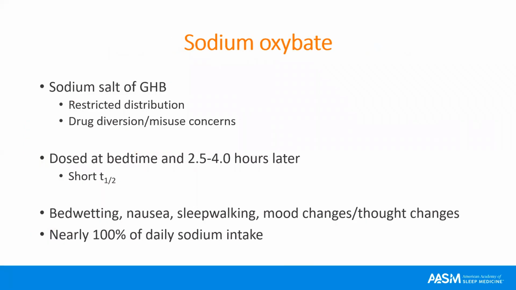Sodium oxybate is a sodium salt of GHB, and so it's distributed through a restricted distribution program to try to keep supply tight. You can't go to CVS and pick it up, you have to have it mailed to you. It's dosed at bedtime and then 2.5 to 4 hours later. It has a short half-life. It's the only one of the narcolepsy medications you take at bedtime rather than during the day. It helps with sleep consolidation, sleepiness, and cataplexy, and it can help with hallucinations and